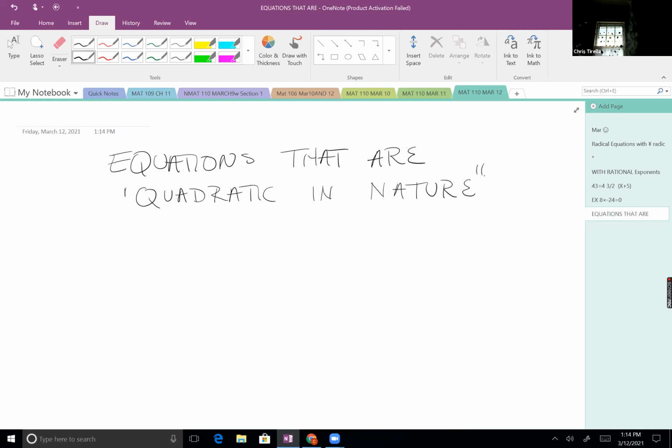And so you might be wondering, what does that mean to be quadratic in nature? Well, if you can remember, we said that the general quadratic was ax squared plus bx plus c equals 0. Looking at that, we notice that it's